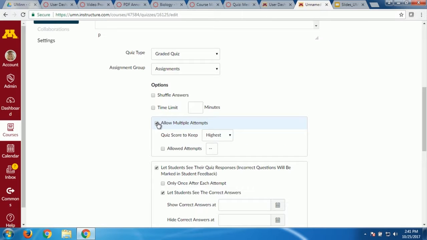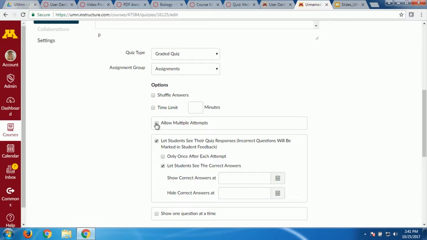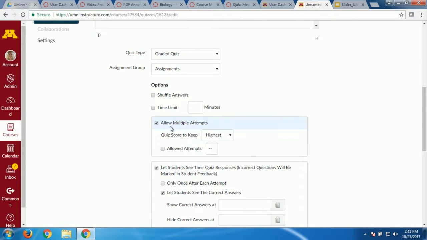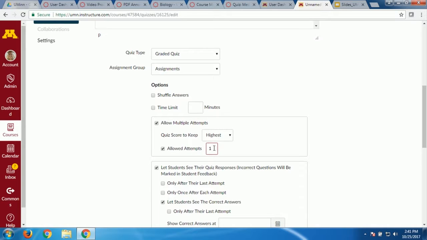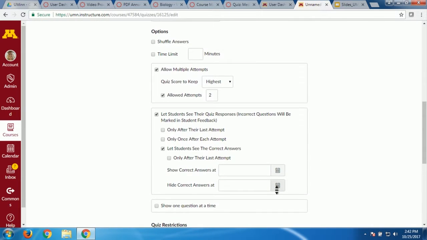Multiple attempts, let's talk a little bit about that. So do you want multiple attempts or not? If you don't select that, they just get one try. That's it. It's the final exam, whatever. If I select that, I have options. I can say allow multiple attempts, that's unlimited. If I select this checkbox below, allowed attempts, I can set that maybe they only have 2 attempts. I'll give them 2. You can set allowable attempts if you want. Then once you have more than one attempt, you can also determine if they keep the highest, latest, or average of the scores. You completely pick what's kept in the grade book. It's done automatically for you, the assessment of this.